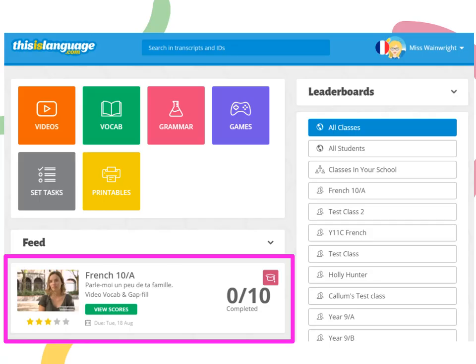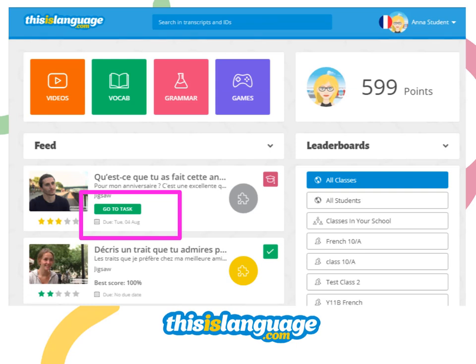This exercise will now appear in your feed, like so. From here, you can see how many of your students have completed the work and click the green button to see how well they did. The exercise will also appear in your students' feeds, like this,